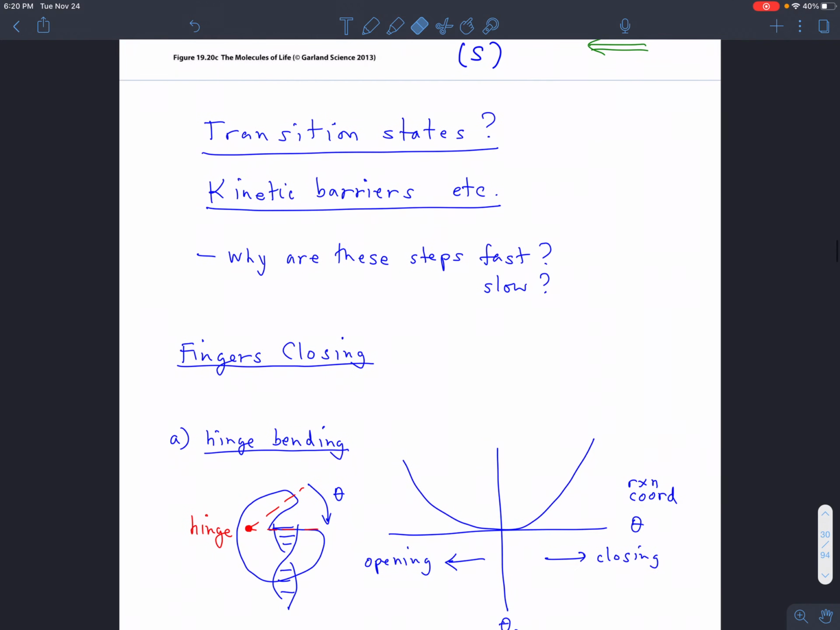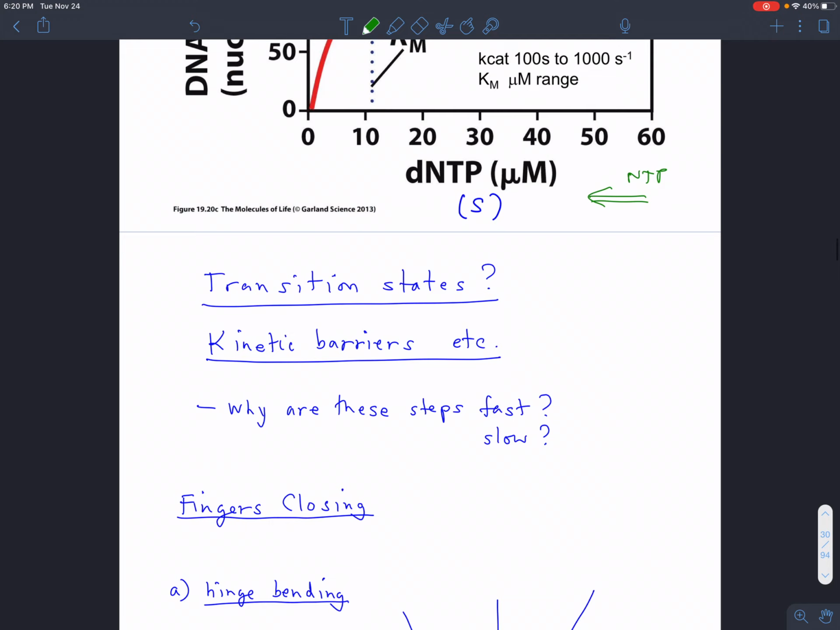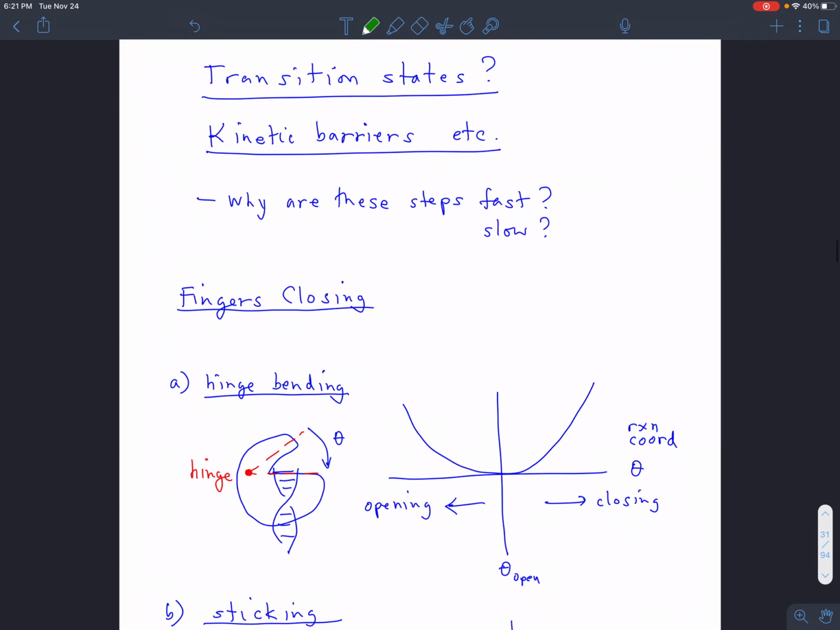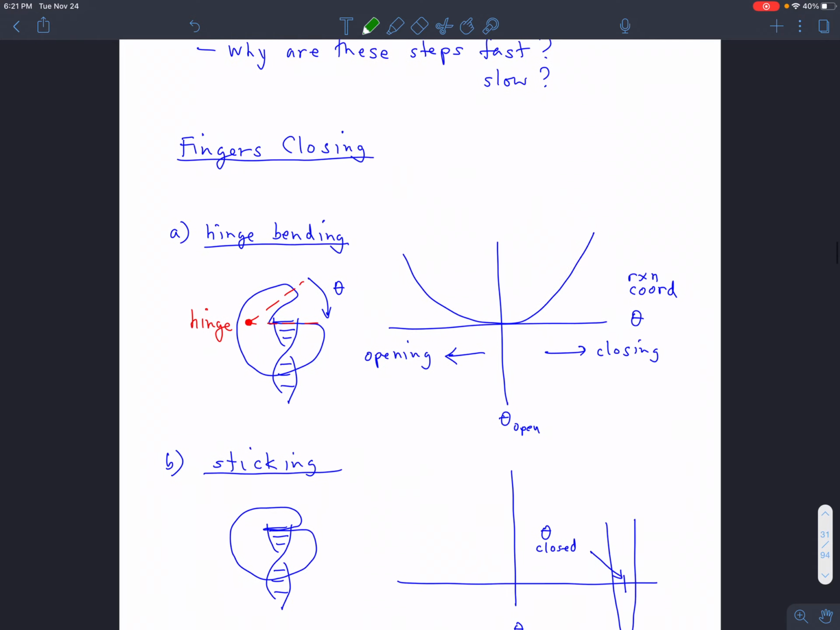Can we say something about the kinetic barrier from what we know already? And the answer is yes. Not in a quantitative sense, but at least in a qualitative sense. We can get some feeling just by looking at things. Given our understanding of the basic physical chemistry, we can get some understanding for what the transition state looks like, what the energy of activation looks like, and why this particular step might be expected to